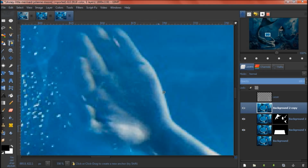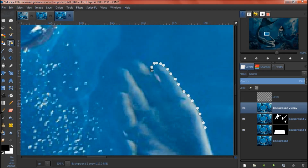Turn that back off and just follow around with the path. Follow around his fingers and stuff. And like I said, you could do multiple clicks, or if you're really good,